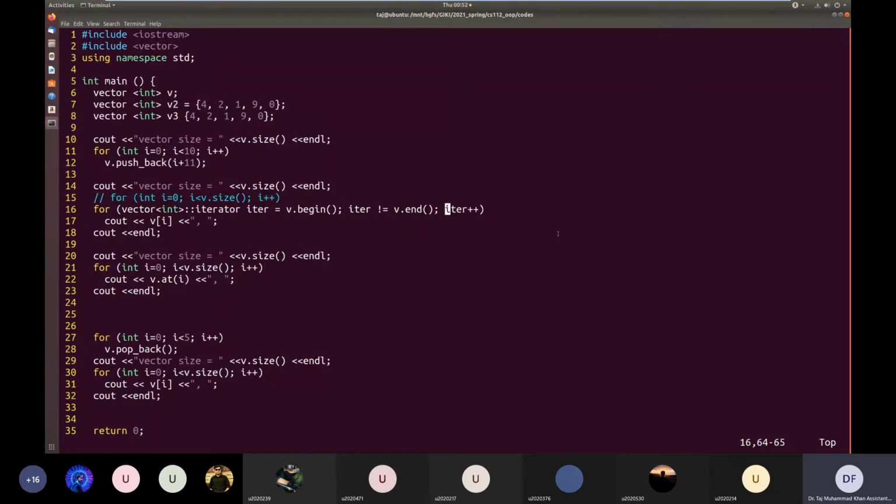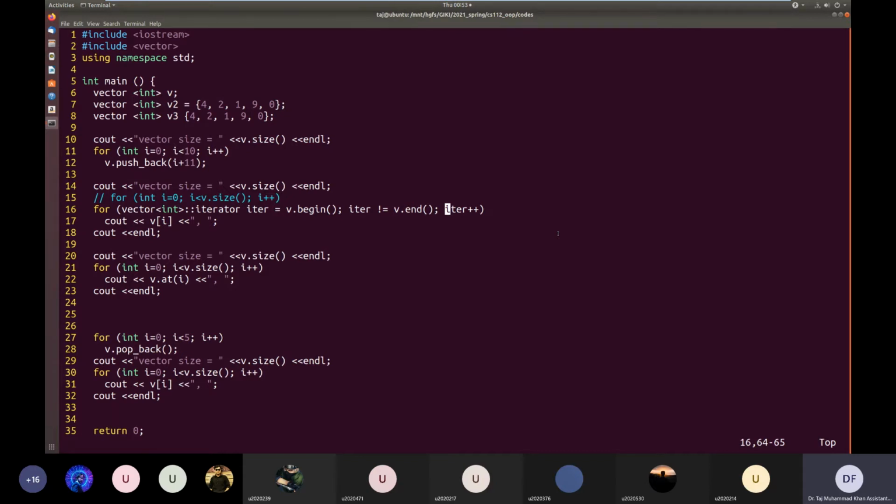So it might be that the next element is contiguous in memory, and it might be that the next element is not contiguous in memory. The next element is placed some 1000 bytes away. Again, how does the iterator move to the next element? That's an implementation detail. That's private. I don't need to concern myself with the implementation detail of the iterator moving to the next element. Okay? That has already been handled by the programmer who programmed this standard library.